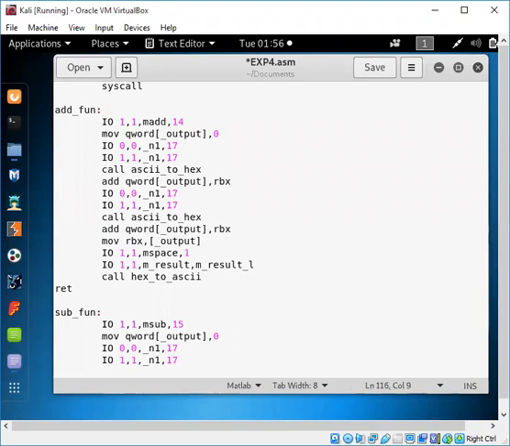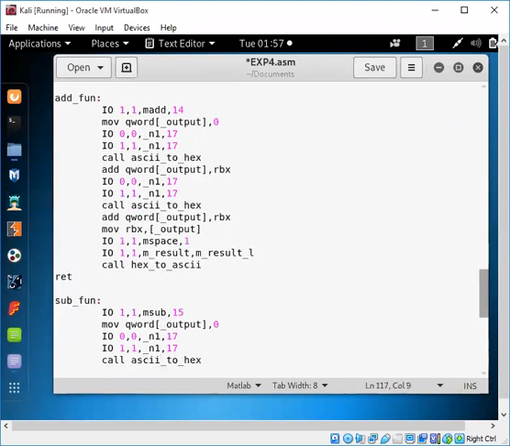Okay, call the procedure, input if it has been given, ASCII to X. So what is expected with this? We need to get the first number which has been given. Okay, so which has been referred. It will be taken one by one element with respect to this.